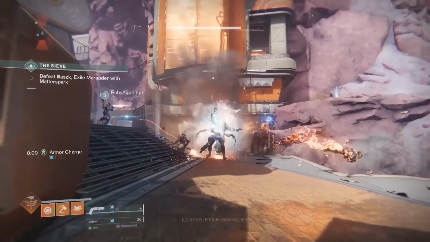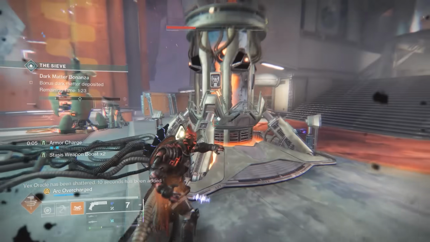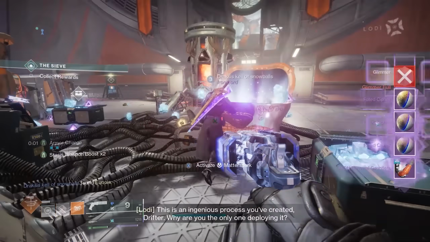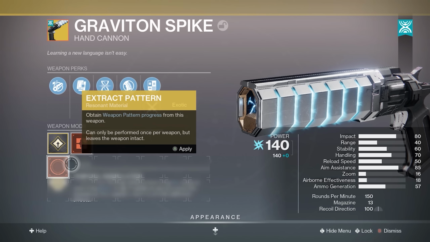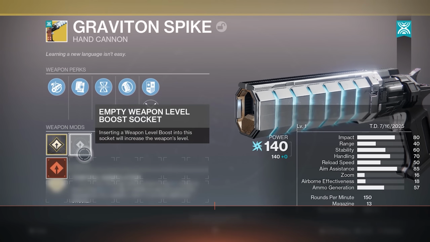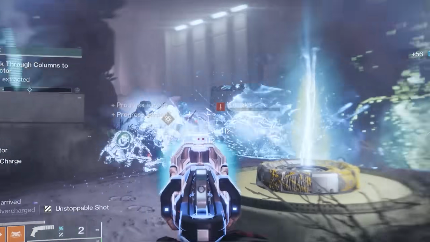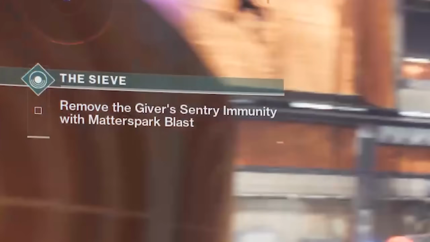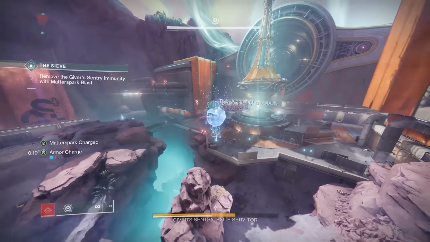We killed the boss, which then segues us into a third round, which has the classic collecting and banking of those modes. Completion of this activity gave us a fat chest that awarded me another copy of the new Melis Panoplia exotic Titan arms. I also realized Graviton Spike could be modified through the crafting system, which is something we'll explore a bit more later when we up the difficulty. Remove the Giver Sentry immunity with a Matter Spark Blast. Oh. Now I'm going for this motherfucker. I'm doing it. Oh, no, come here,